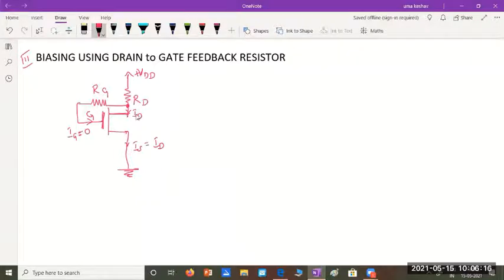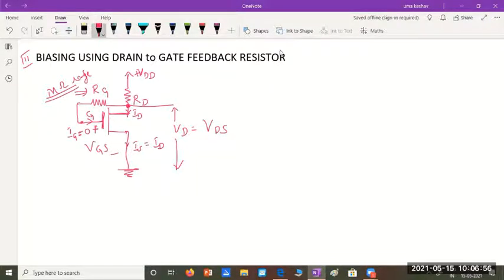So this is the circuit for drain to gate feedback bias. We call this feedback bias, or drain to gate feedback bias. Remember, this resistor RG is usually in the mega ohms range. We choose this in the mega ohms range. And the only purpose here, no current flows through this resistor, means what happens to the voltage on the two ends of the resistor? The voltage here is the drain voltage or the drain source voltage, which are the same. And the voltage at this end is the gate source voltage, right?